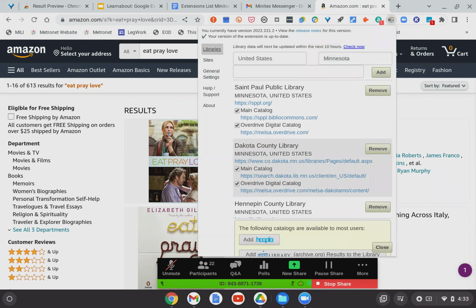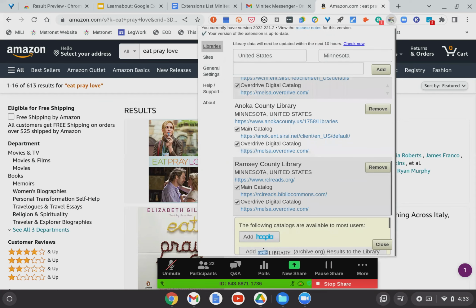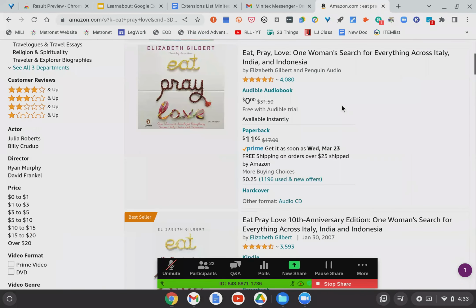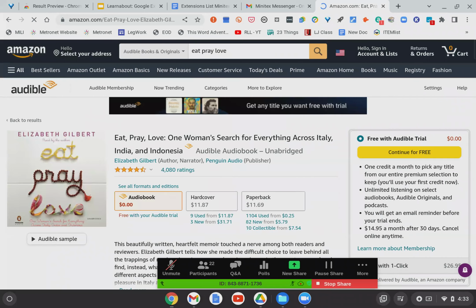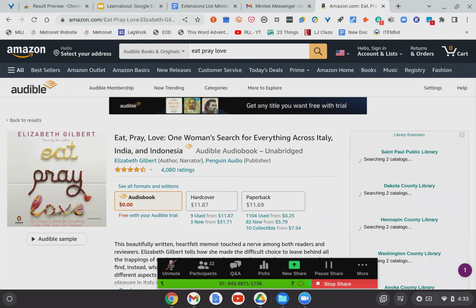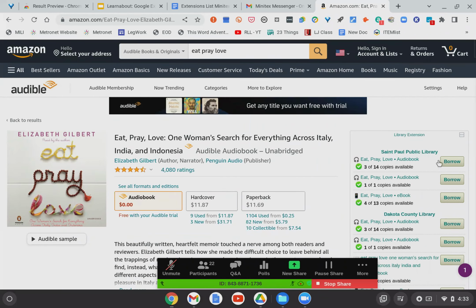And the library extension, what it does is it gives you the ability, making sure we're all set here. So if I were looking at this particular book, the library extension is supposed to pop up on my screen. It's taking just a second, so I'm just filling the time. There we go. On the right-hand side of the screen, when I search for a book, it doesn't have to